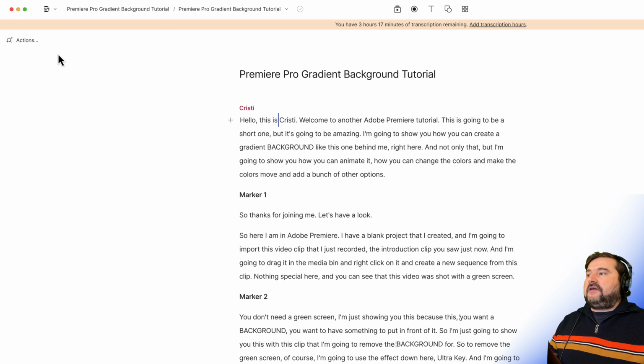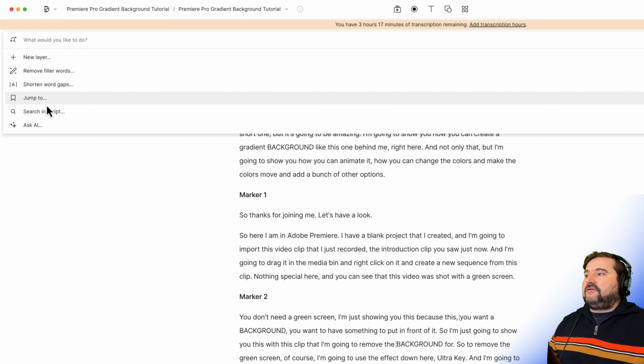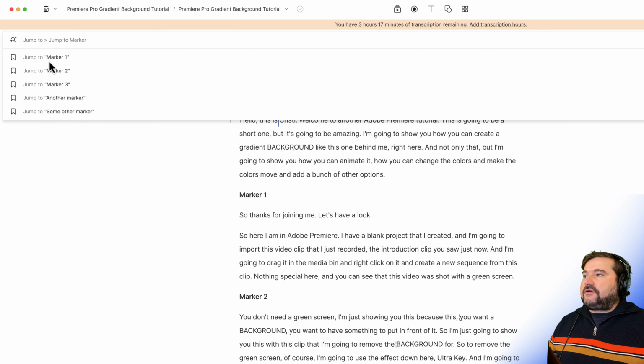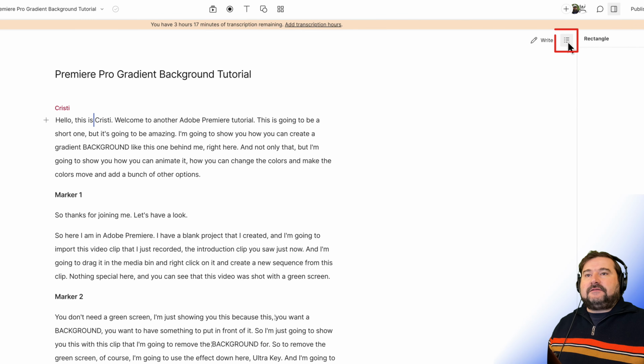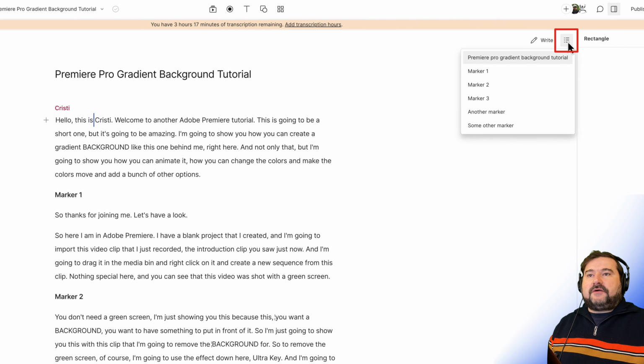The only way to navigate was to go to Actions and Jump to Marker, and then there are your markers. Too many clicks to do that. Well, thankfully, Descript listened to the feedback, and they brought back this little button, this navigation of the markers that was on the side there. So there you have it now. It's back. And if you have markers, it will show up. If you don't have any markers, this is not going to show up on the top right. So this is great news. Thank you, Descript, for that.